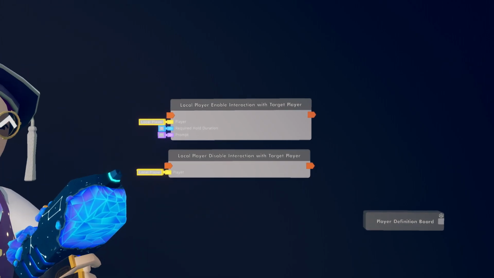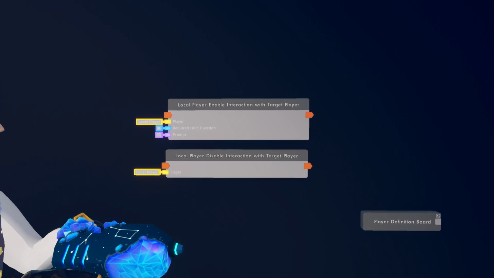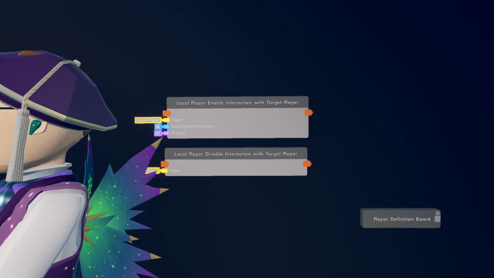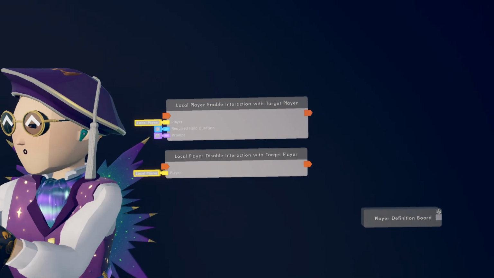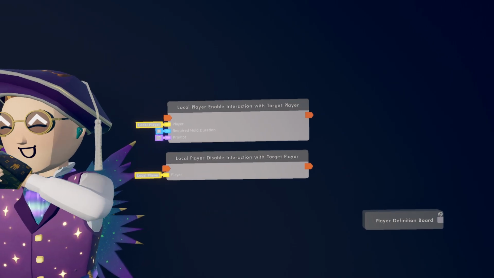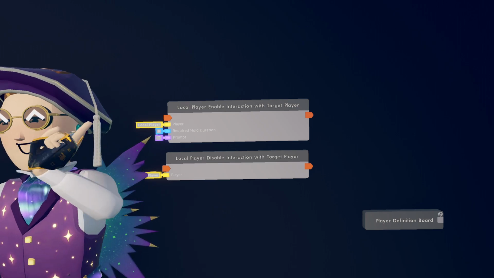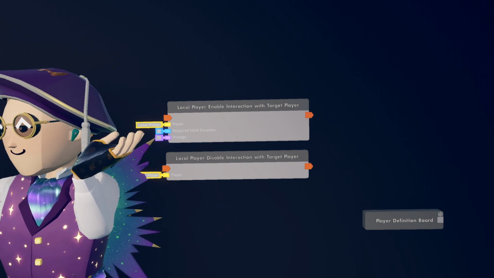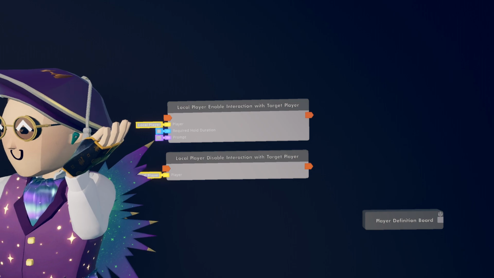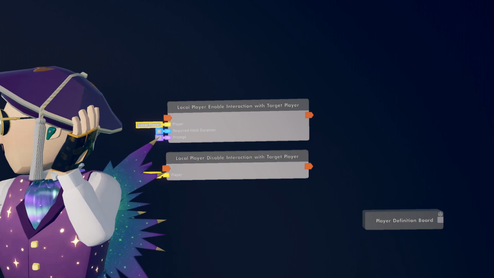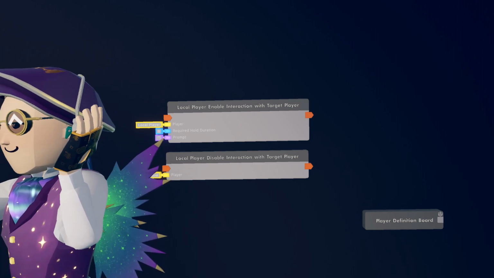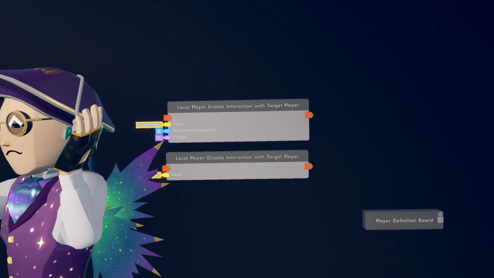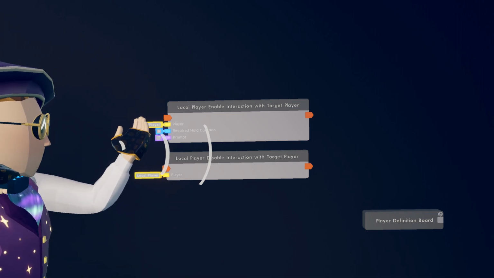Here are the two chips for player interactions. And this is all local. So I would not be able to set a player interaction for you because there's no port, unless you use events. If that's what you're raising your hands for. So, Will, you should explain what player definitions or what player interactions are. Oh, yeah.